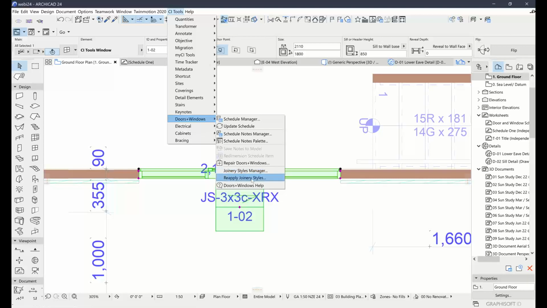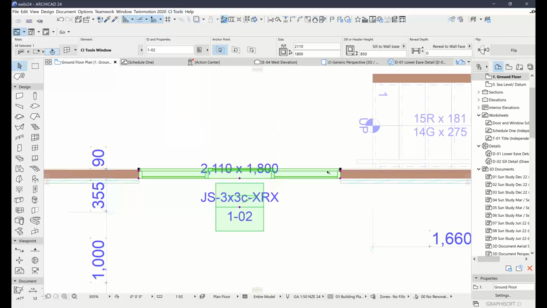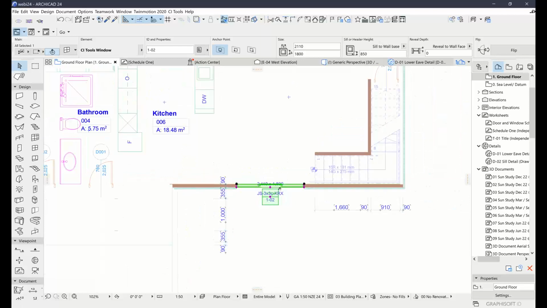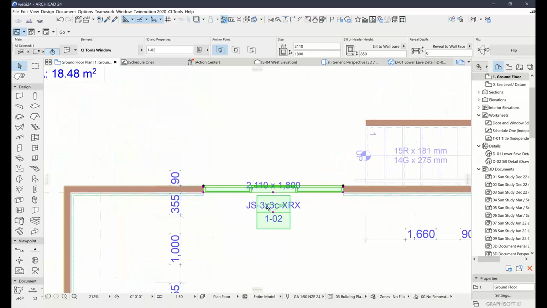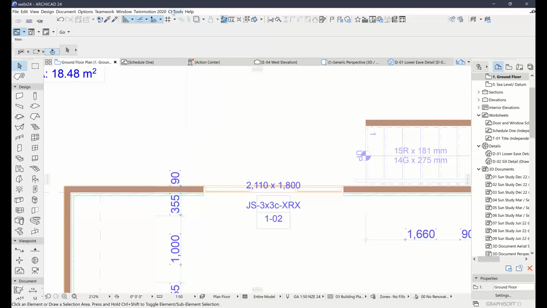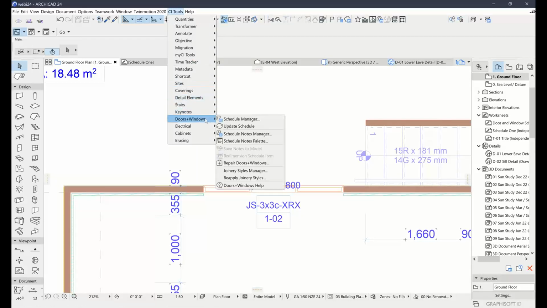There's also another option here called Reapply Joinery Styles. And what that does is that if you go through and make changes to any of the styles in your windows and doors that are used in other windows and doors in this project, so say if I had another window right next to this one that also used JS 3x3C XRX, if I went through and made changes to that preset in this window, it won't automatically apply to this one next to it because it doesn't push the update, but you can go through and push it by using this function here, and that will force that other